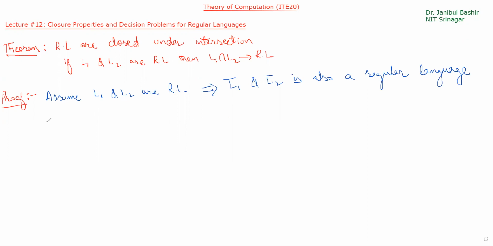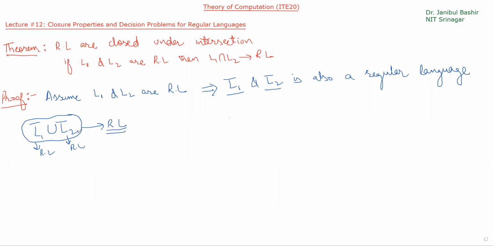And we know that L1 is our regular language and L1 complement is also a regular language, and union of two regular languages. So these are regular languages. What will be their union? Union will be L1 complement union L2 complement. Okay. This is a regular language and this is also a regular language. And the union of two regular languages is also a regular language. Okay. So this particular thing is also a regular language.